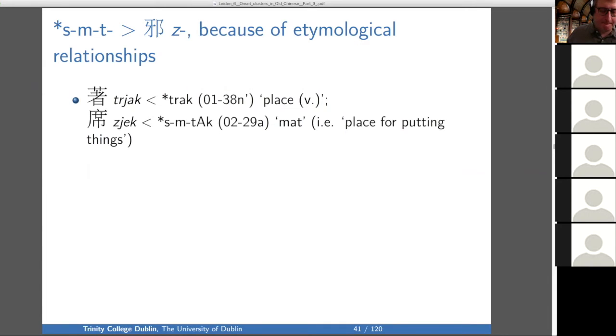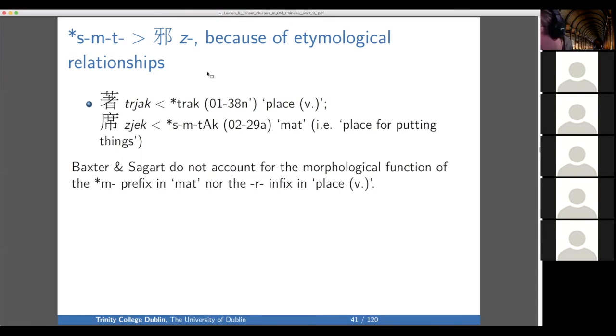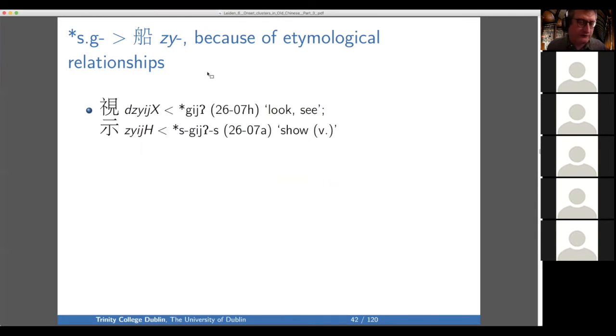And you need the M in order to get the voicing, right? Yeah, that's why you need the M there, phonologically speaking. But they do not account for a morphological function of the M prefix or the R infix in the word for place. So yeah, so then moving on,